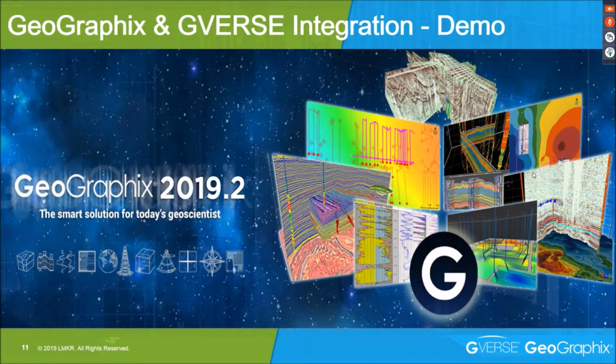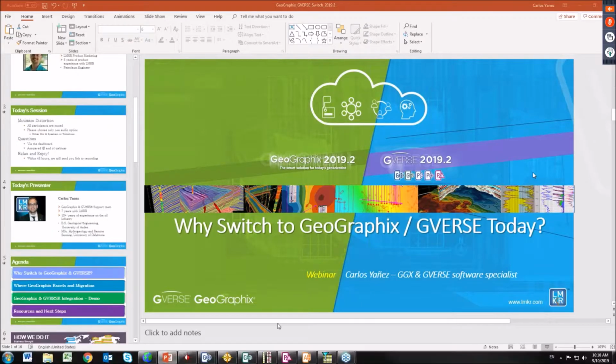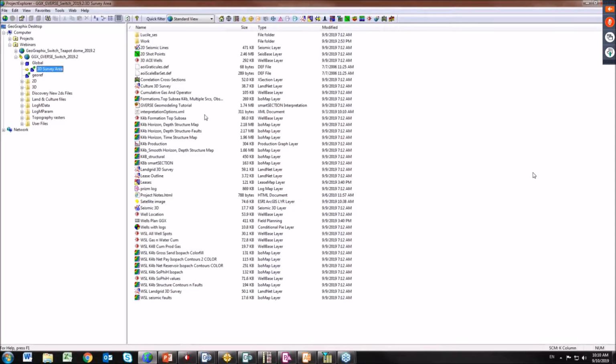So now we're going to jump a little bit to a live demo to see how the Geographics and GVERSE integration works in the latest version of Geographics, which is 2019.2 and just came out to the market. And this one is Geographics. When you open Project Explorer, you see all your projects. You can work with Geographics as a standalone,